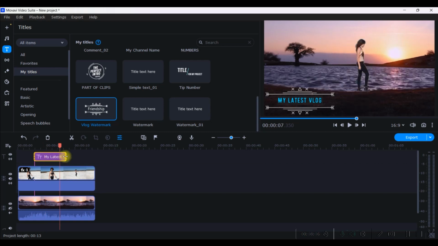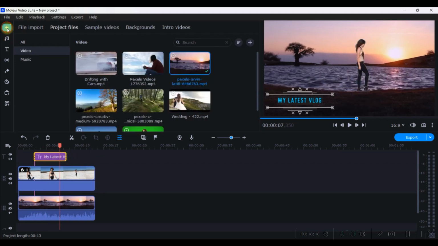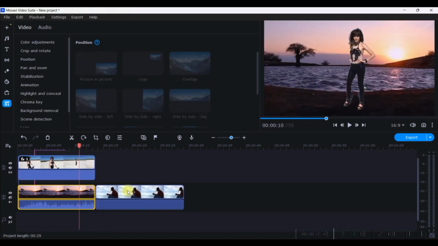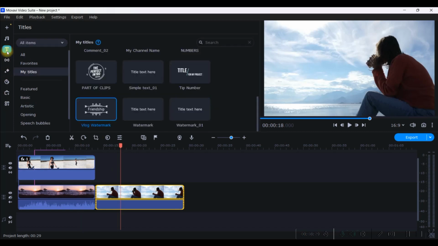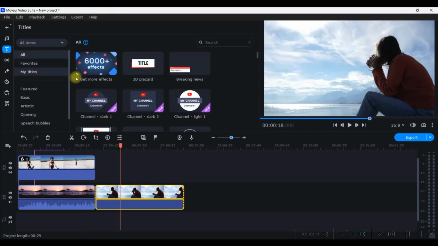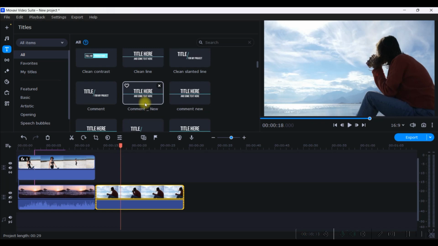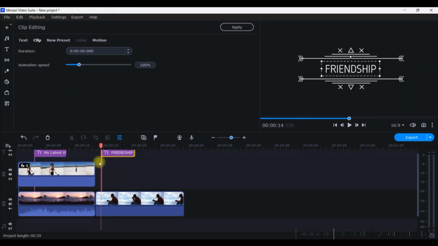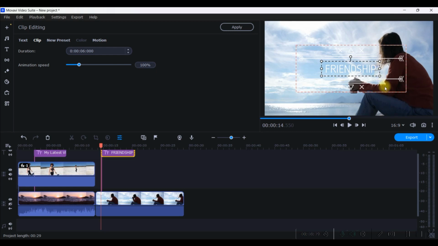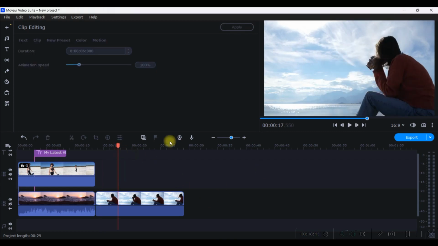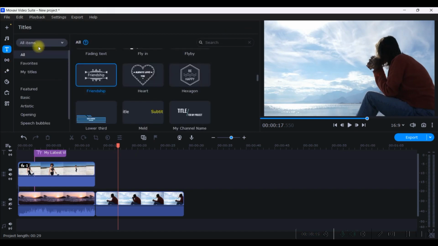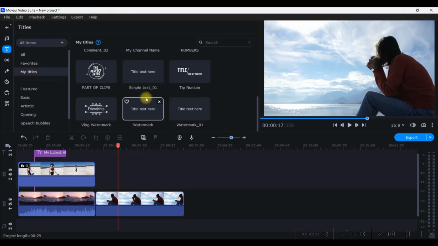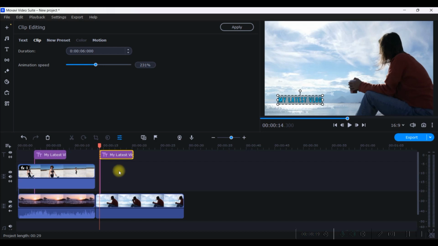So the charm is, let's suppose I take another video. By default, if I want to bring the text effect, then I will go to this all option. From here, this is the one. If I drag and drop it, see, it will appear again at the middle, which I utmostly don't want, right? So I have already done the correction. So I will go to text, simply go to my titles, find that one and drag and drop it on my video. It will appear the way it should be.